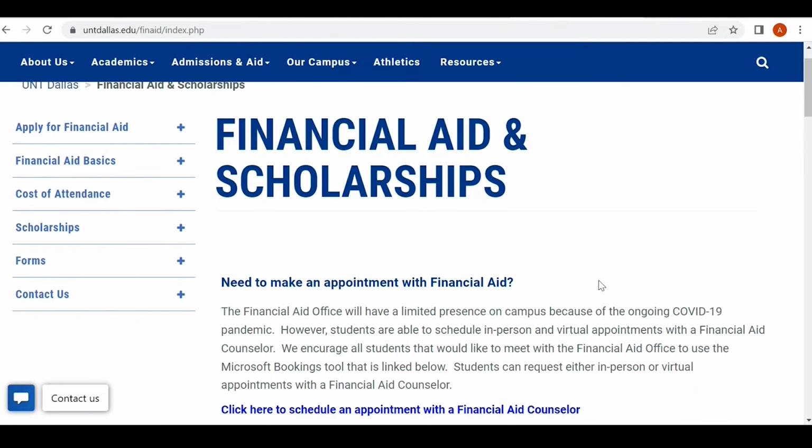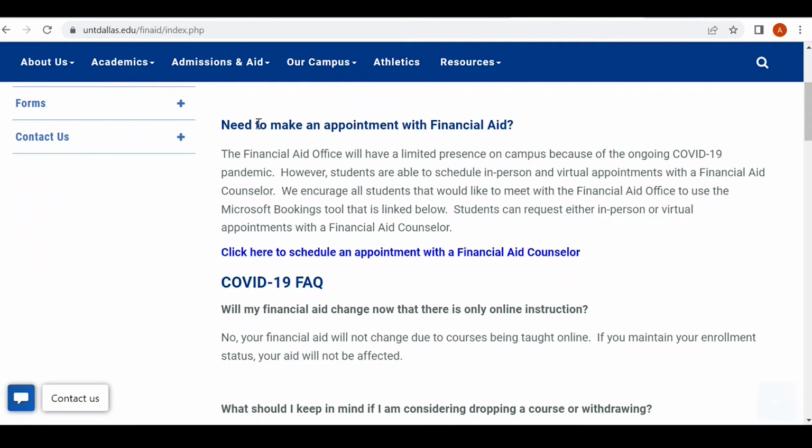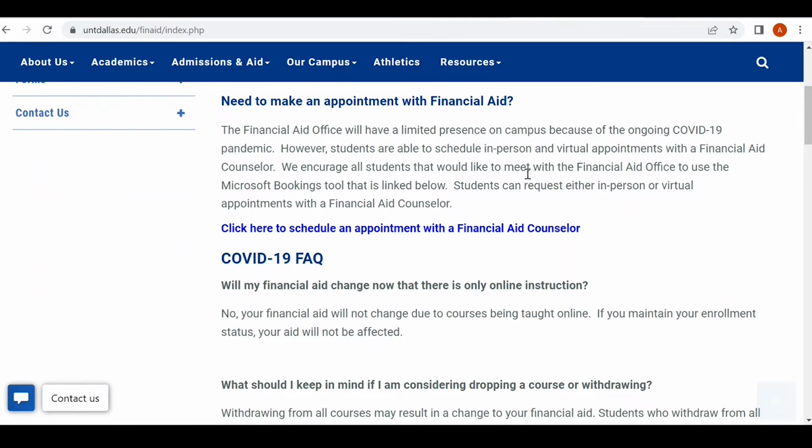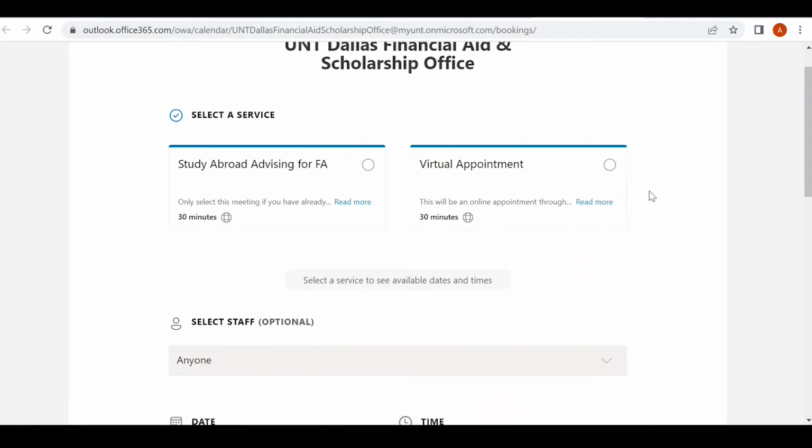On this page, directly below the first paragraph, you'll see "Need to make an appointment with financial aid," and there will be a blue link that you'll left click on that will take you to an appointment scheduling page. And so from here, you're going to click on virtual appointment,